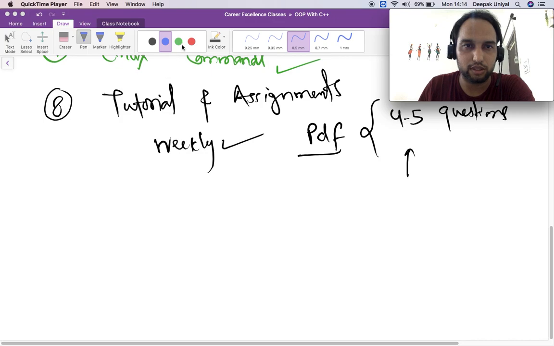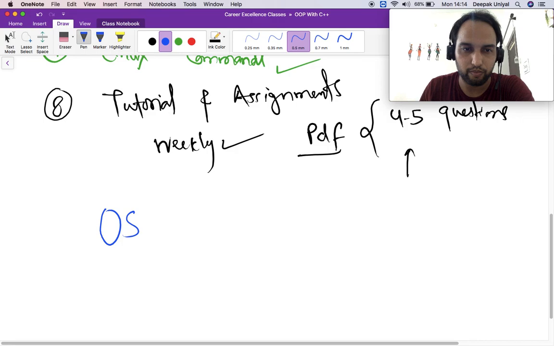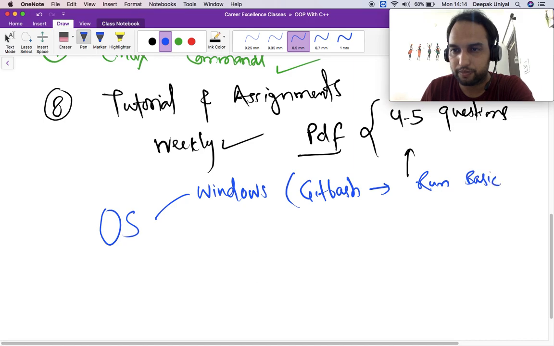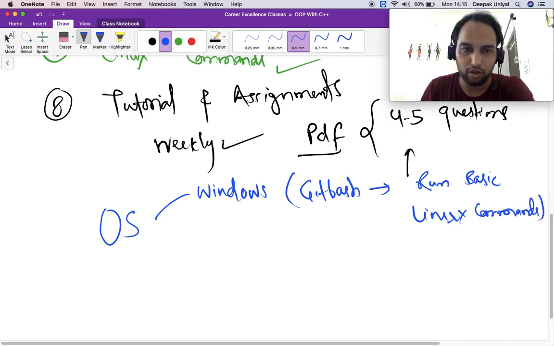So just focus here. If you have operating system Windows, you can install either Git Bash so that you can run some basic Linux command, or you can install Linux or flavor of Linux.